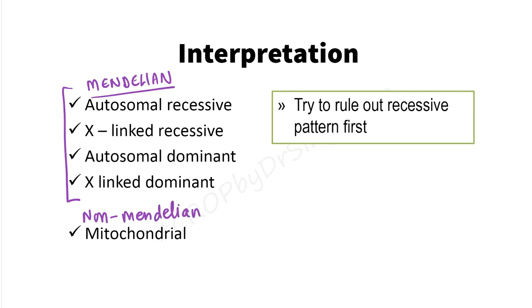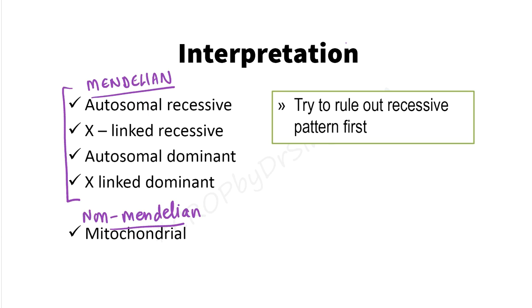Now, whenever I ask students what is the easiest form of pedigree to interpret, they immediately say, I can interpret autosomal dominant very easily. That's what they say. Because basically, what is the meaning of autosome? Autosome means non-sex chromosome. That means it is present in either sex, male and female. Second is dominant. What is the meaning of dominant? Even one abnormal allele is able to express the disease, and that is called a dominant pedigree. So that means every generation of the family will have the disease.